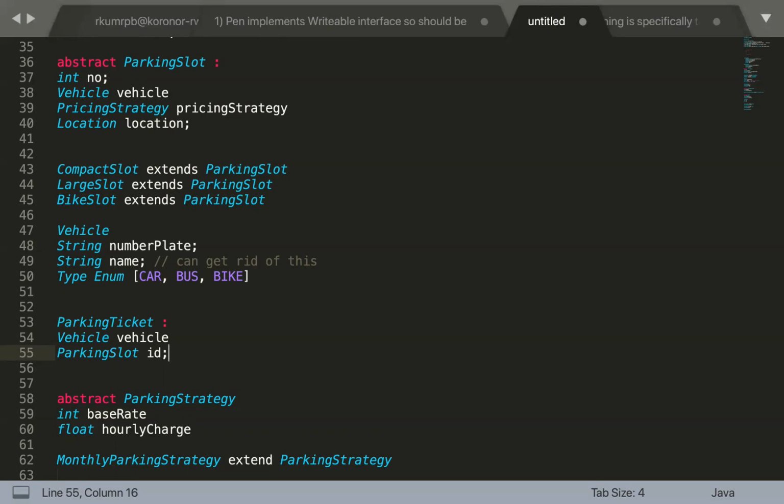If I have not parked my vehicle till there, after taking this parking ticket, then till that time the vehicle information in that parking slot will be null. So it is fine to take this particular information at both the places. Parking ticket has this vehicle